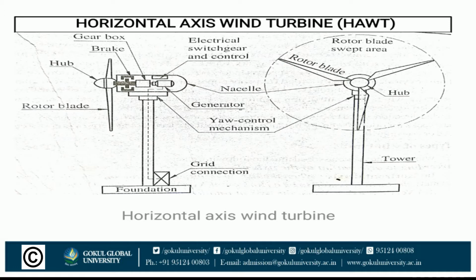Next one, yaw control. Yaw control continuously tracks and keeps the rotor axis in the wind direction. Yawing is done by two yawing motors which mesh with a big tooth wheel mounted on top of the tower. A wind direction sensor is used to maintain the orientation. During high speed wind, for example more than the cut-out speed, the machine is stopped by turning the rotor axis at right angle to the wind direction. In small wind turbines, a tail vane is used for passive yaw control.